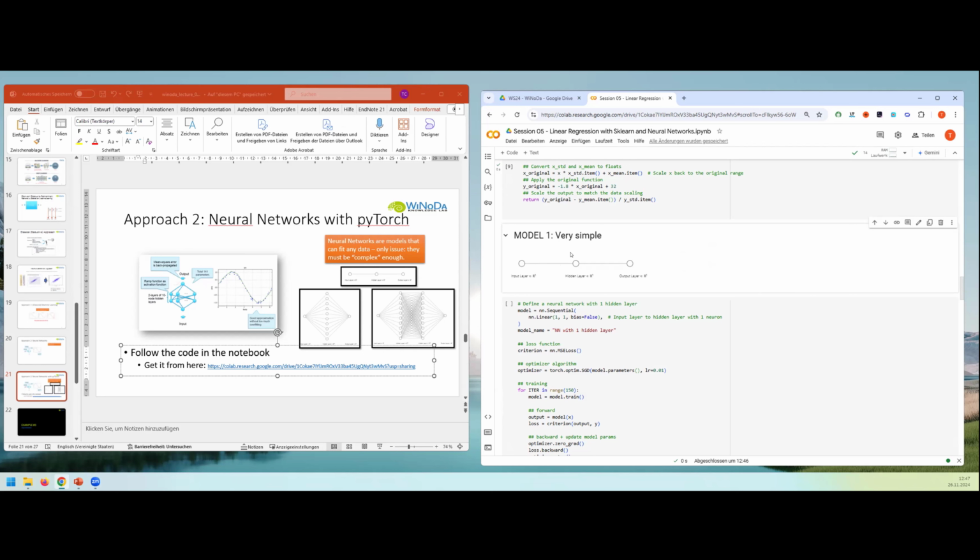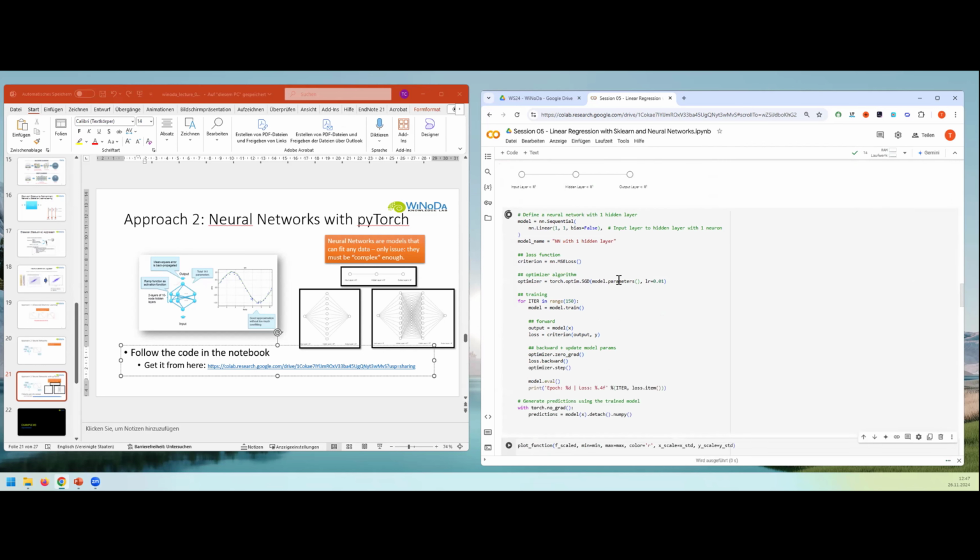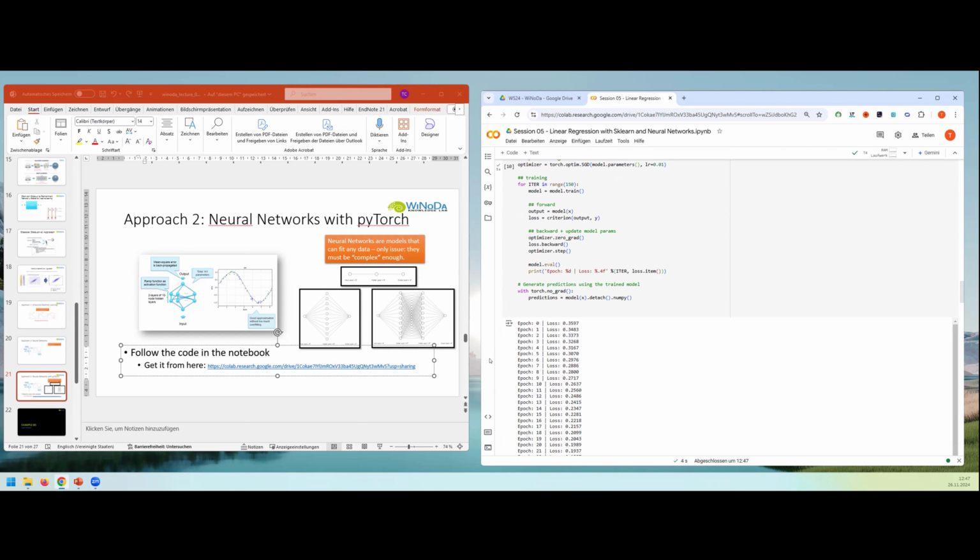So there's the input, one hidden neuron, and the output. So that's what we use. The rest is already as we saw before. So we construct our model, we define the loss function, we define the optimizer, we do the training. And then we see that it starts with a loss of 0.35, and this one goes down then